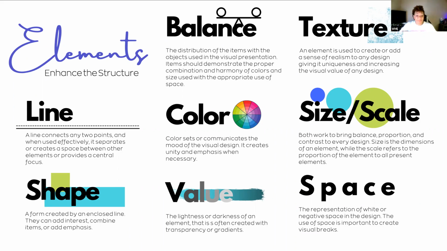Now, when it comes to color, there's also the value of that color, and that is the lightness and darkness of the color. Value comes in handy if you have a shape that you want to use with text, but you don't necessarily want to use white text because maybe it doesn't call for white text in your design, but you want to have that color. You can lighten up that color and create that value that will go with the black text. So there are different things that you can do when it comes to value to help show that emphasis and show that gradient or transparency in your design.